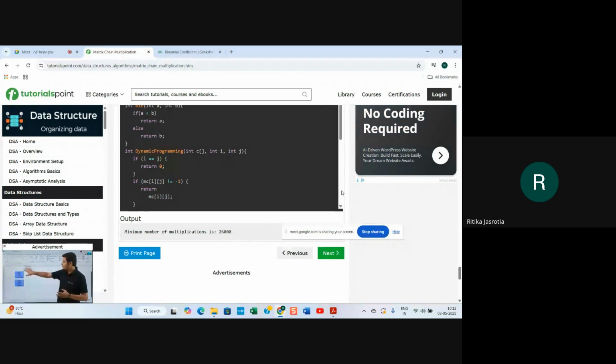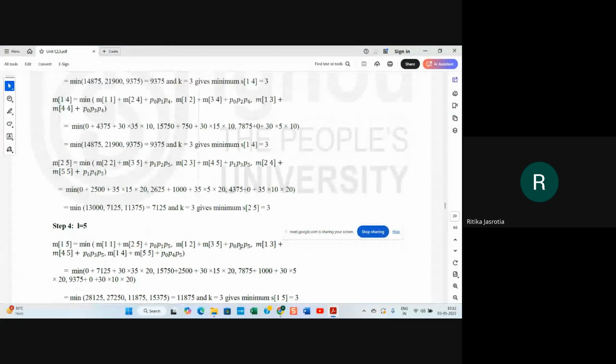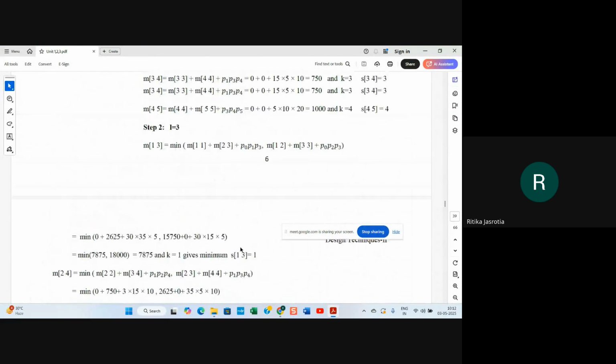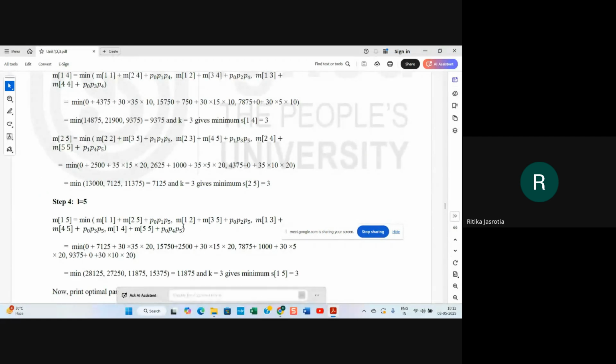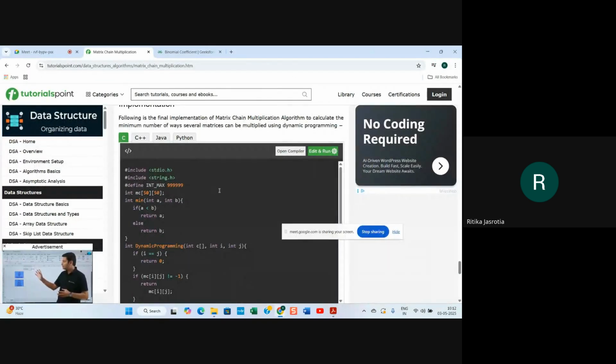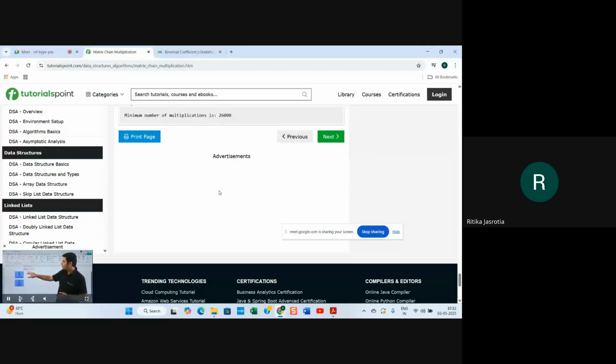Is this the best example they have given or not? I don't know. Generally they will not ask you to solve the problem in programming. Rather in the programming they will give you simpler questions, and they will be asking you how this matrix multiplication works and what is the algorithm for that. That is the thing they will ask you generally, not this one, right? But they have given you the program also.